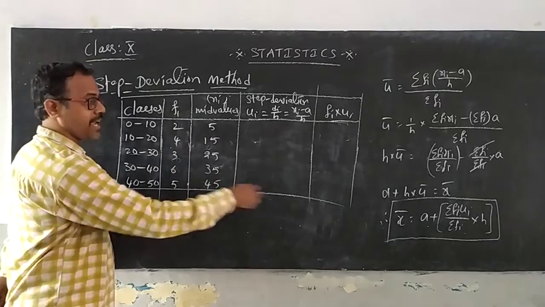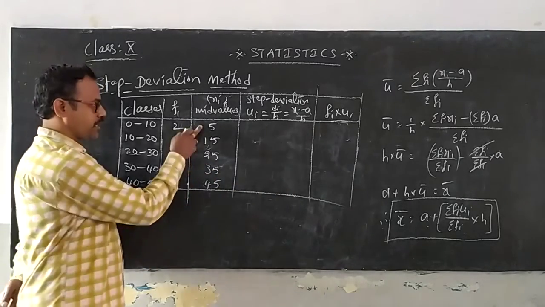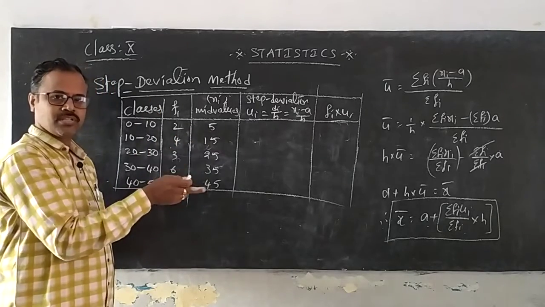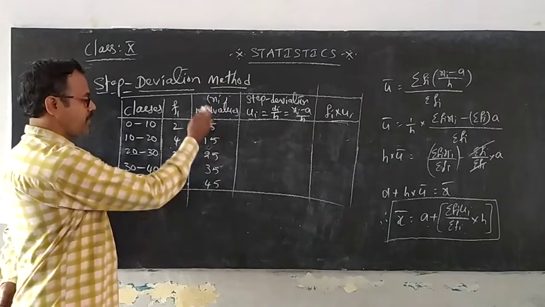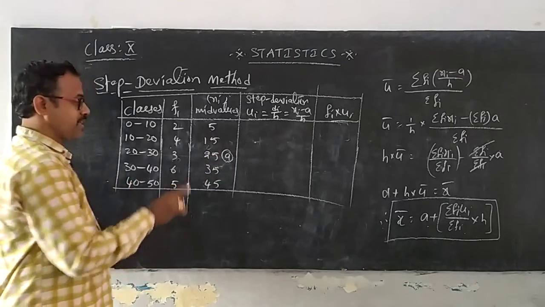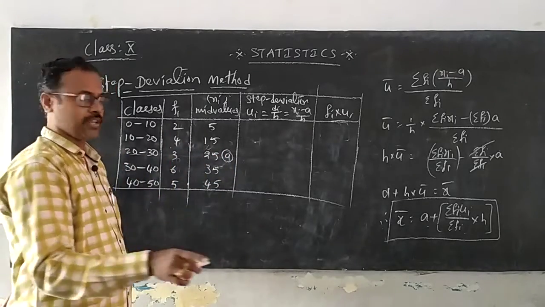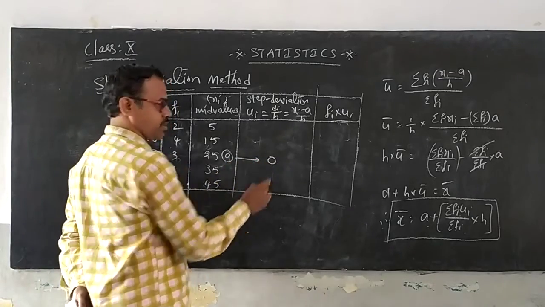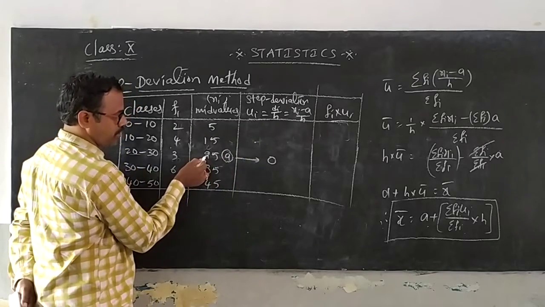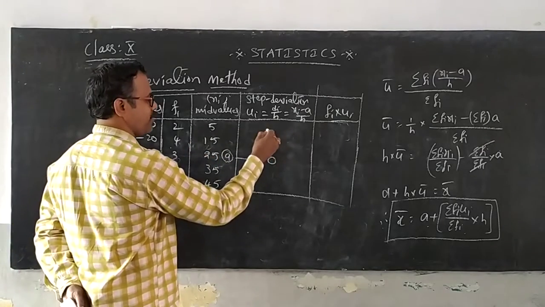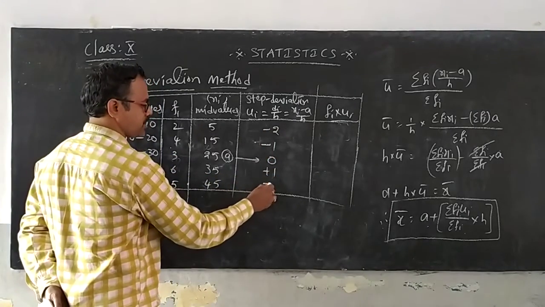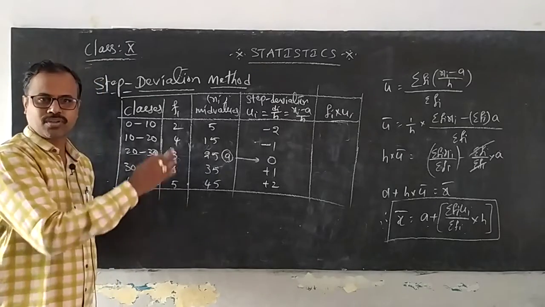Can you tell me what is the assumed mean A? Will you take this one or this one or this one? Of course, you can take any value. A means assumed mean from the mid values. Suppose I take this value as A. See, it's very clear and very simple for you. For A, the step deviation is always 0. Now, when these are lesser values, you get negative integers from 1. And if they are greater, you get positive integers from 1. That's very simple to calculate, okay?